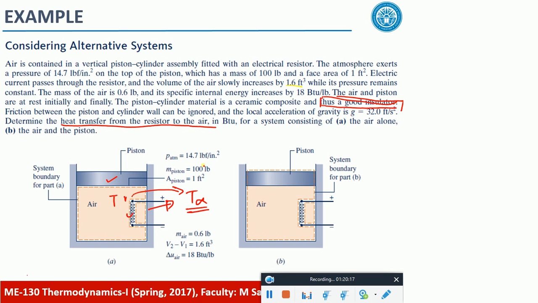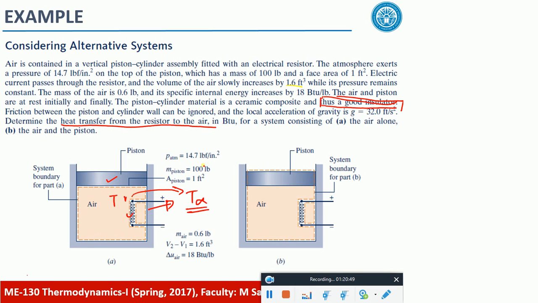We talked about that. So what do you say about it? I'm sorry for leaving that part, but in the first case we have the air alone, and then in the second case we have the air and the piston. Now what do you say about that? Just consider that your system is composed of two parts: the piston, which is interacting with the atmosphere, and the air side, which is interacting with the heater.